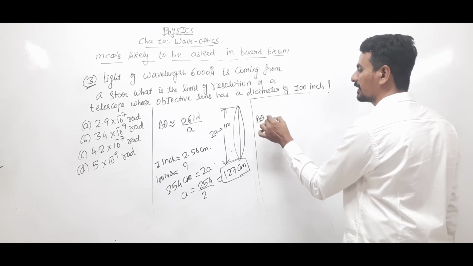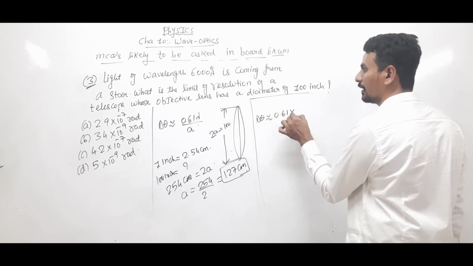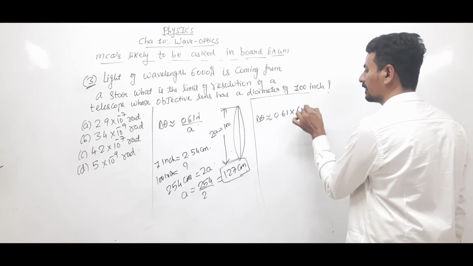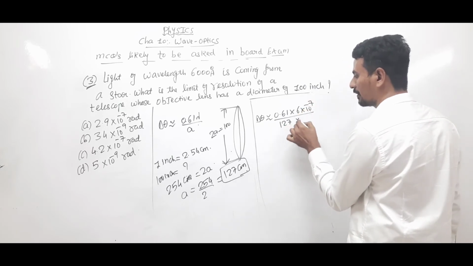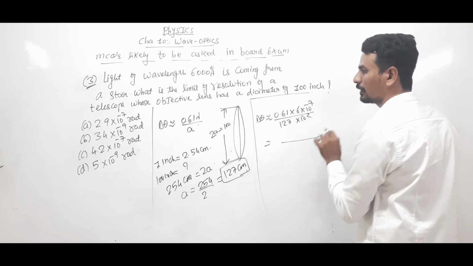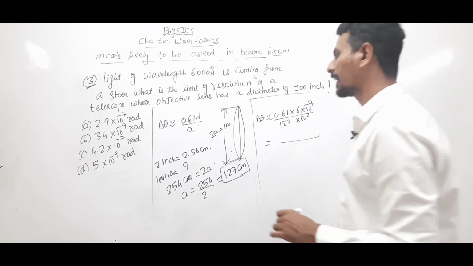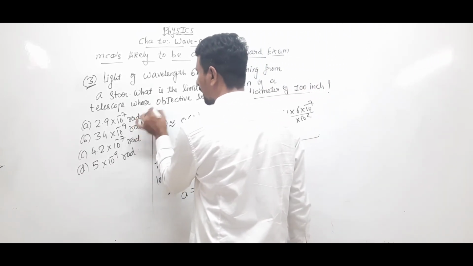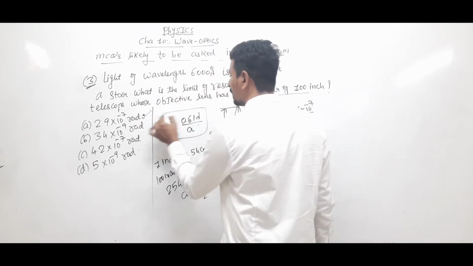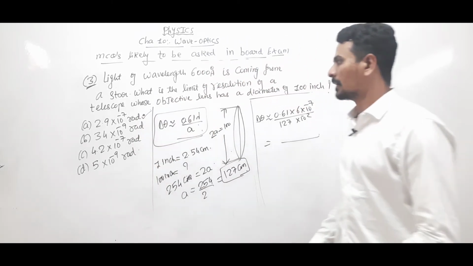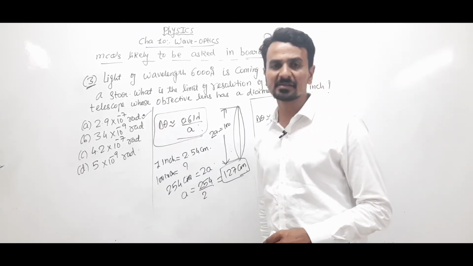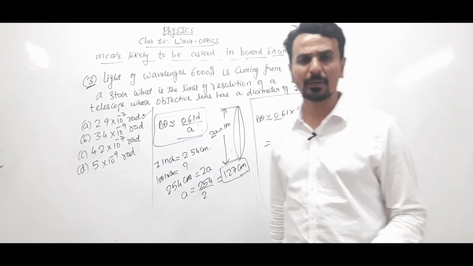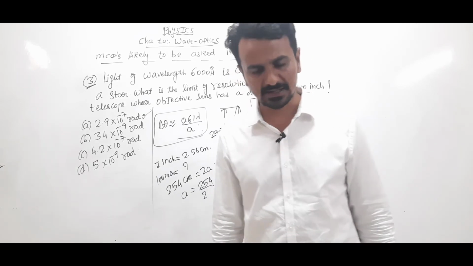So delta theta is nearly equal to 0.61 into lambda, 6 into 10 raised to minus 7, upon 127 centimeter, into 10 raised to minus 2. Solving this, you will get this answer, 2.9 into 10 raised to minus 7. This is the equation for calculating the limit of resolution. So A is the correct answer, 2.9 into 10 raised to minus 7 radian. Fine. The next one,